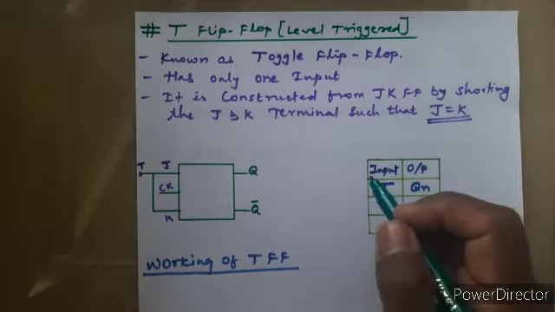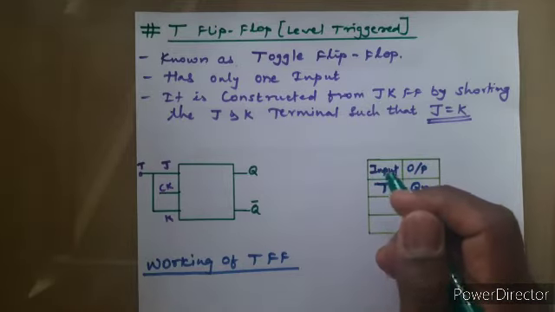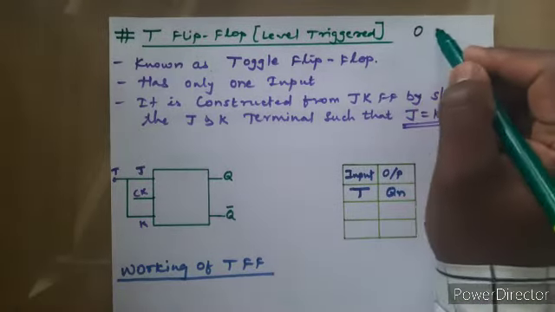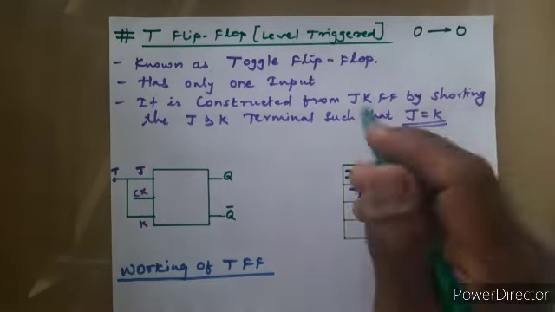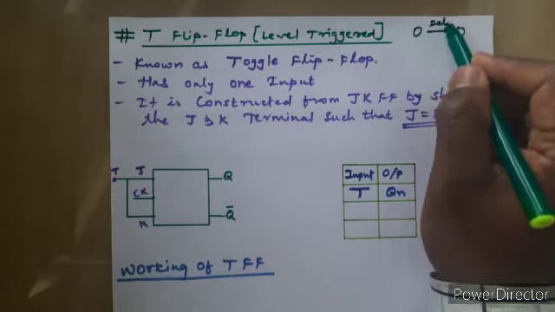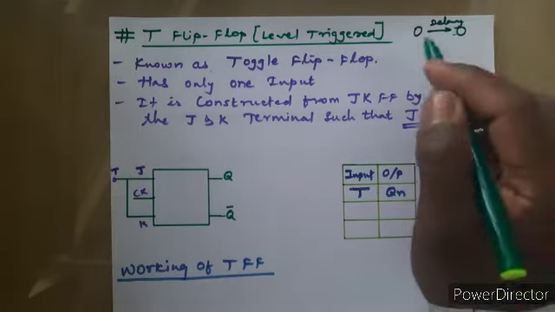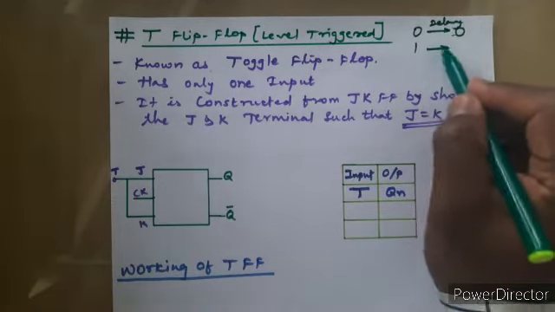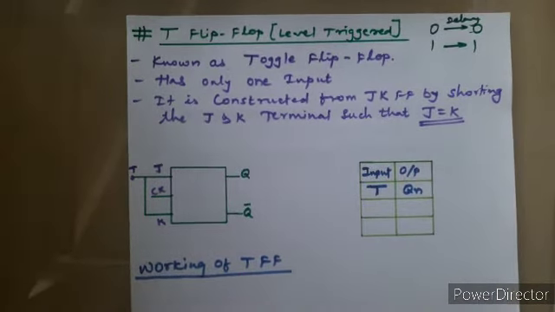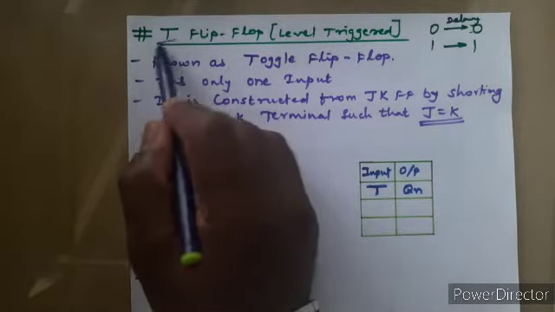Just to recall, in the last lecture we had discussed the D type of flip-flop, the delay flip-flop, where whatever input you give, at the output you get the same value. So if you give 0, with some delay you will get the same value, right? If you give 1, you will get 1 at the output. So in today's lecture we are going to look at another type of flip-flop, that is the T flip-flop.